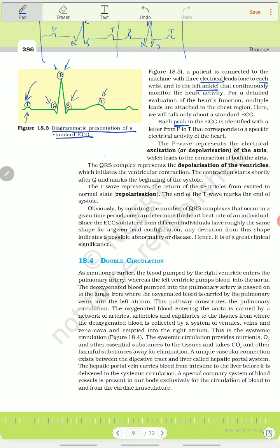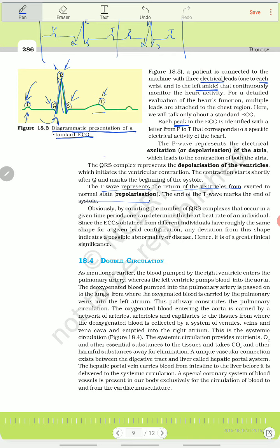P is auricular systole, and then auricles will undergo diastole, and that is followed by ventricular systole. Ventricles have a thicker wall, so more electrical activity will be there, so the level of the peak is higher here, and it will relax. After ventricular systole, ventricles will undergo relaxation, diastole, and they will gain normalcy. The time when they gain normalcy, there occurs a T wave. So you see, the T wave represents the return of ventricles from excited to normal state.